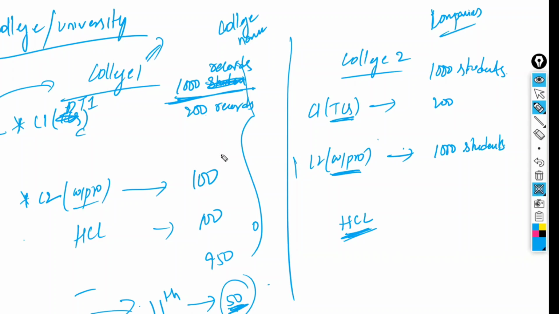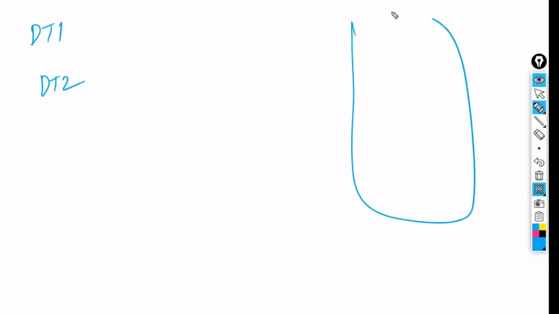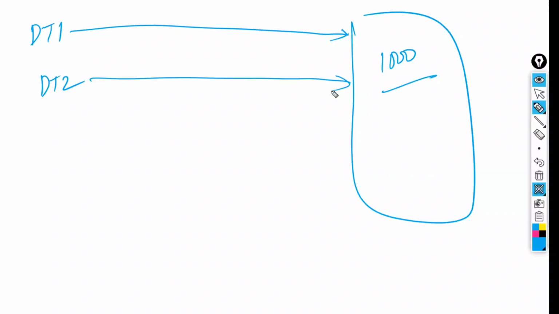So now what we have to do is, for decision tree 1, whatever right it has to select the data, decision tree 2 also has the same right to select the data. Randomly, it may choose any record. If you have a total of 1,000 records, out of 1,000, how decision tree number 1 is going to select, which column or which record it is going to select, whatever probability it has, the same probability is associated with decision tree number 2.